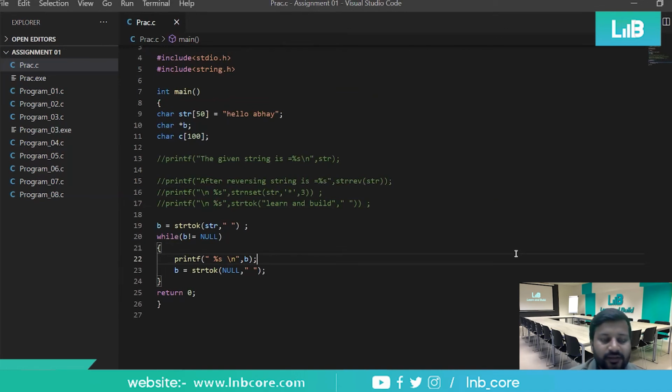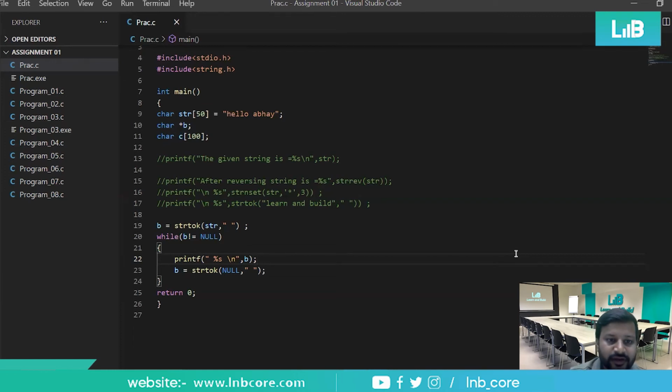Null means there's no letter inside B. Since B is not null, the condition is true and we go inside. So printf will print what is available in B. First hello will be printed, and then in the next line the same thing will happen again.